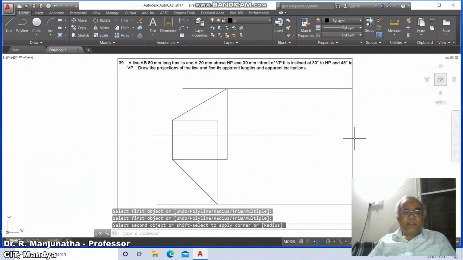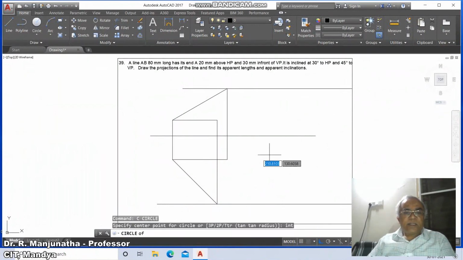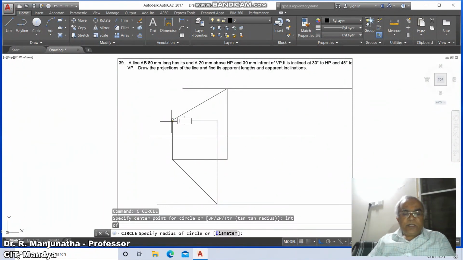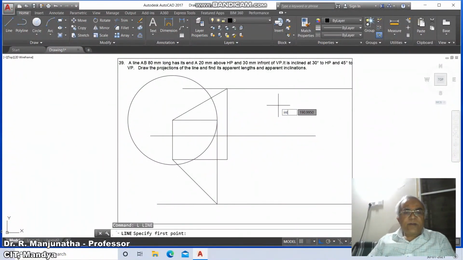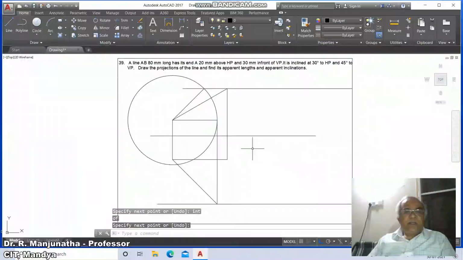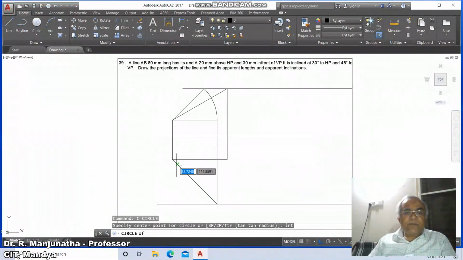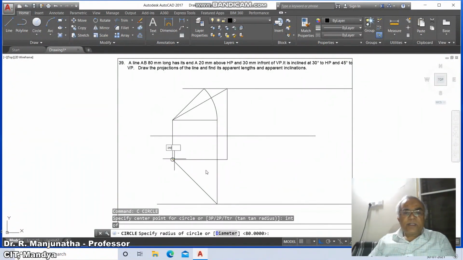So we have got this, and go to circle, take intersection point of this to intersection point of this. Then draw a line from intersection of this to intersection point of this. So similarly, circle from intersection point of this to intersection point of this.